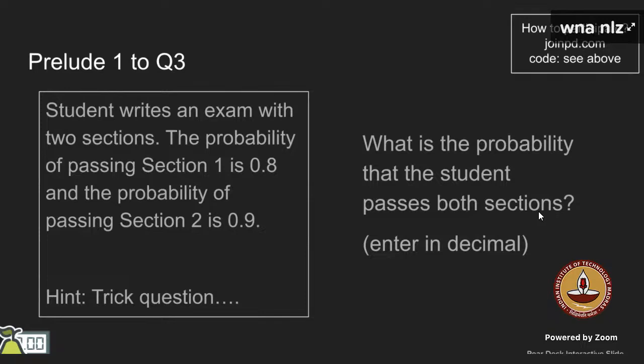Probability of S1 into S2. The multiplication rule, if both are independent, we can. Okay, there are 2 ways to do it. One is multiplication: we can do probability of S1 times probability of S2. And the second way is, if these are dependent events, then we will take the probability of S1 times the probability of S2 given S1, right?